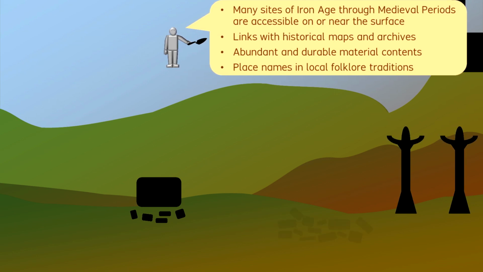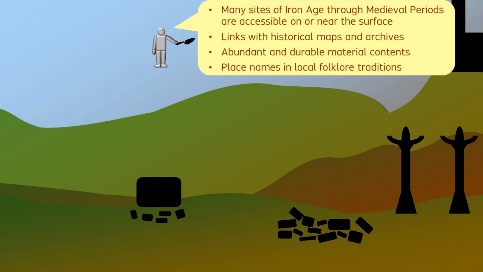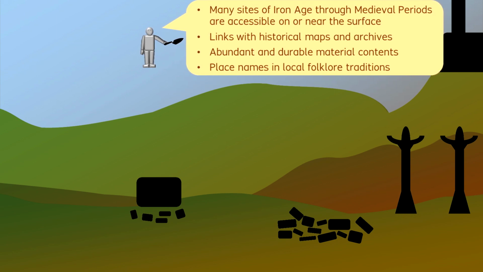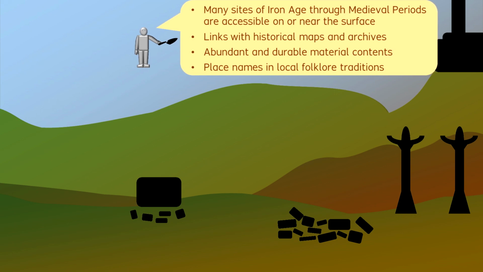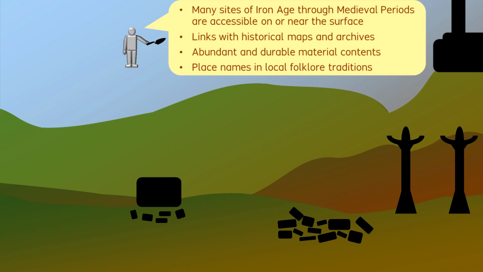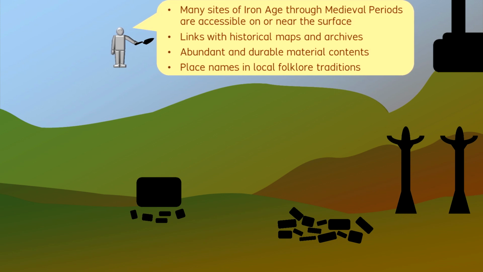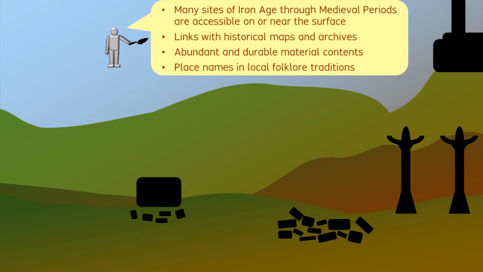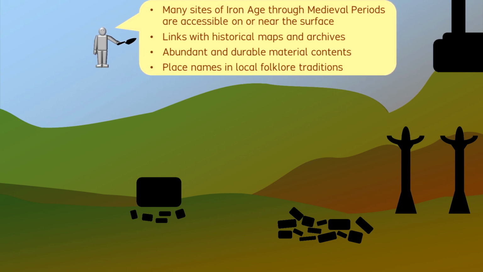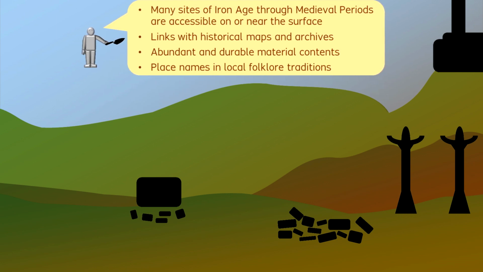Excavations, of course, have exposed exceptional details, but the locations and major features can be detected through surface surveys, inspection of aerial imagery, and familiarity with historical maps and archives. Additional information can be gathered through metal detection and other remote sensing, given the fact that most of the sites of this time range contain dense and durable materials of metals, glass, high-fired ceramic items, and other creations in concentrated patterns. More lines of evidence can be gathered through the traditional names of places, with reference to historical events and